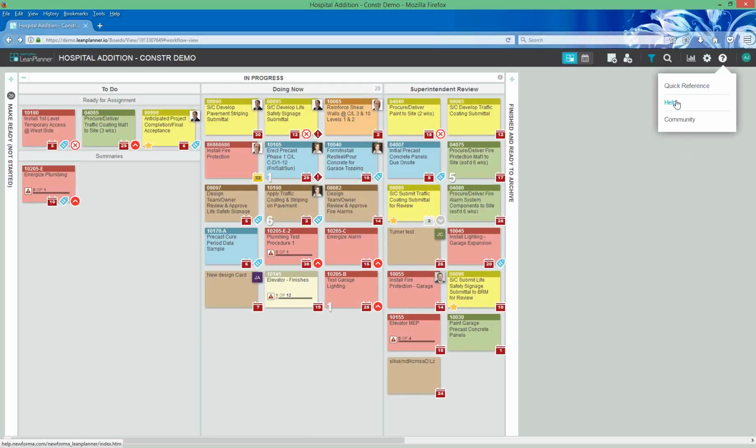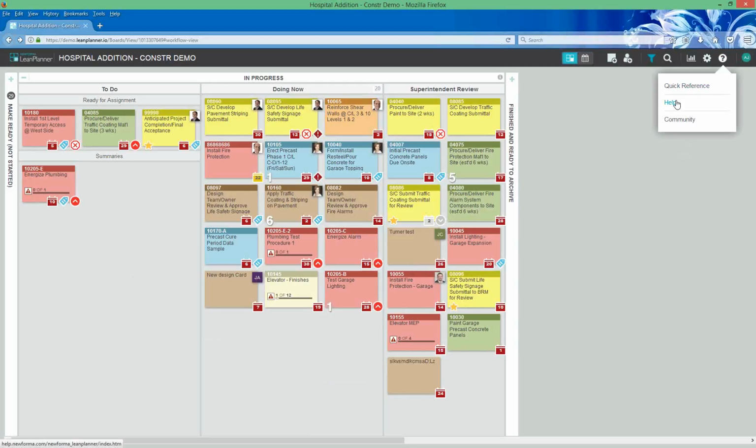I have a question because I know that this is also tied to Newforma systems, which our office is currently using. For the way that we use Newforma for tying up all of our CA processes, would this be able to tie into that? So it's actually a separate product.